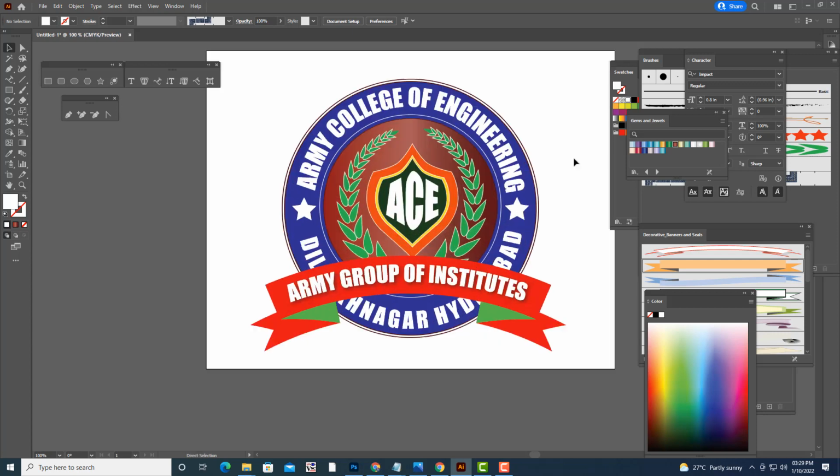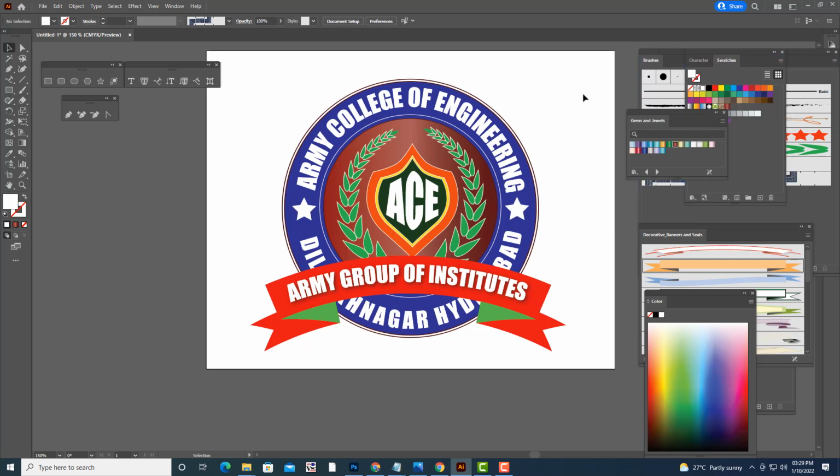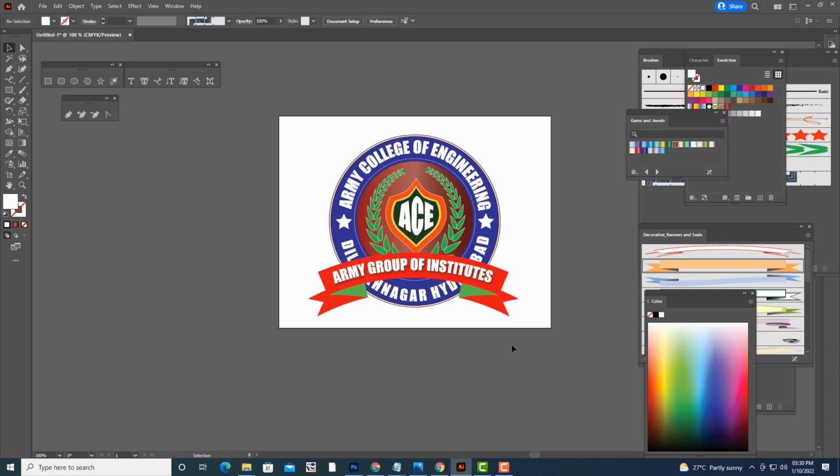So something like this. What is the most important part here? This leaf. That one is behind, you can keep it in this place if you want. Again this looks like a badge.